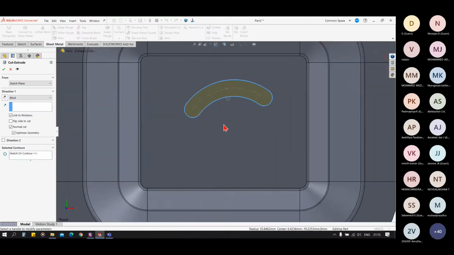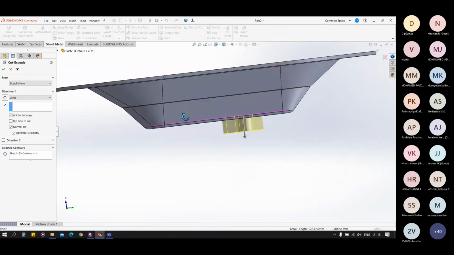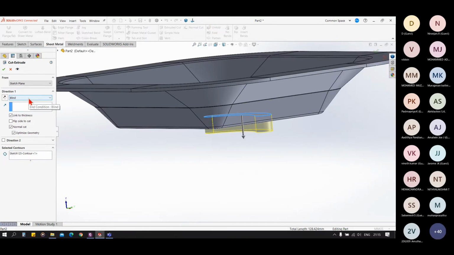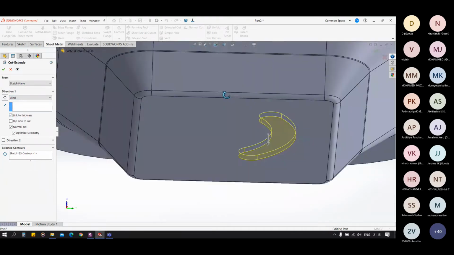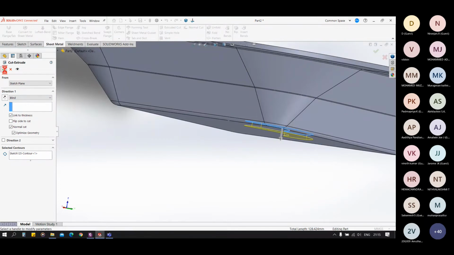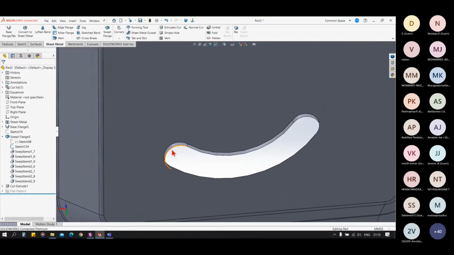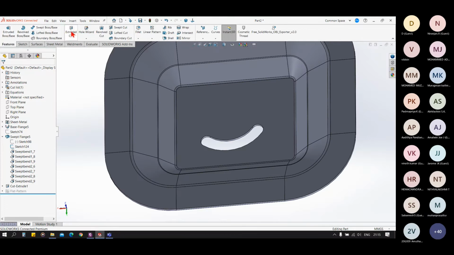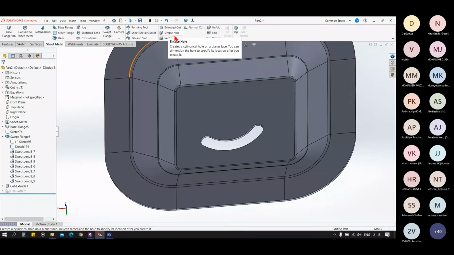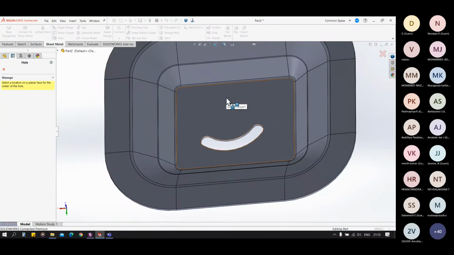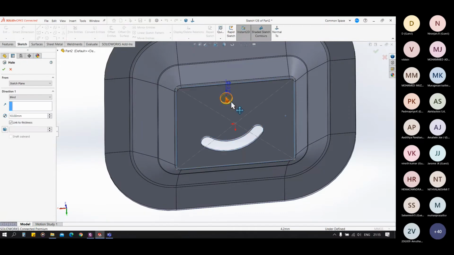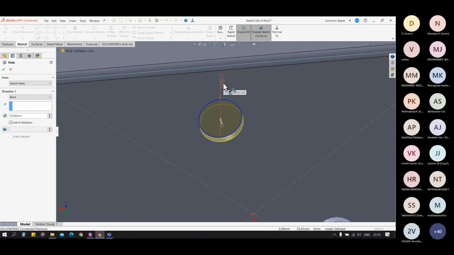and the only difference is that in our 3D options, we do not have the link to thickness option. In this case, we have link to thickness, so it will automatically cut up to the thickness of the sheet only. You can see it is 100% same as the extruded cut option in our features tab. So for the simple hole, you just have to select a location, and you can add a hole.